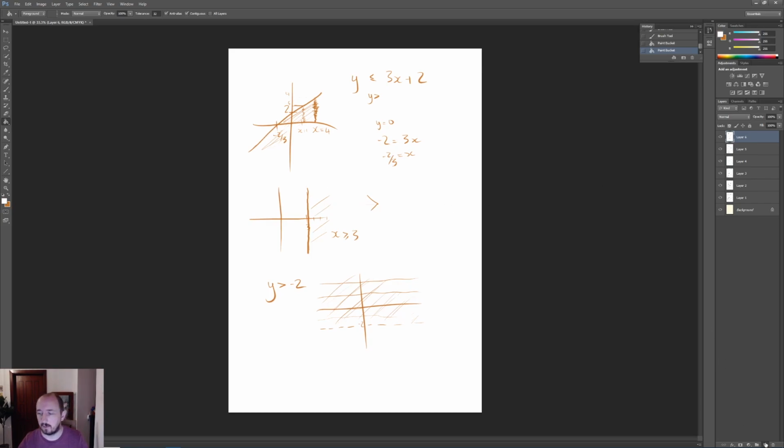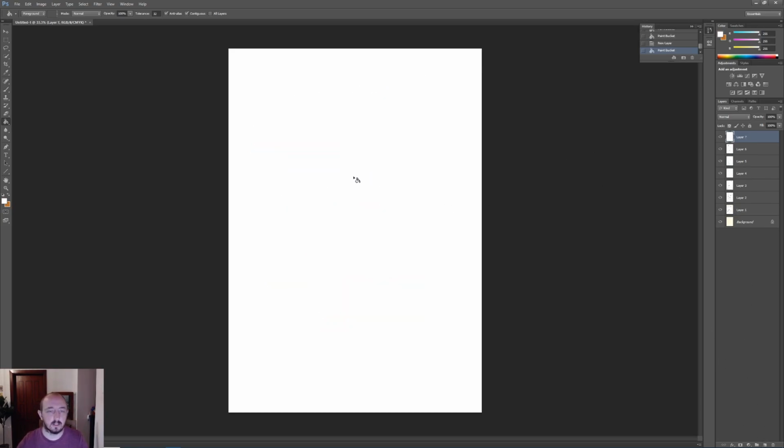No, let's just make another one. So if we put all these together, and we have y is less than or equal to 3x plus 2, y is greater than negative 2, and x is greater than or equal to 3. They're the 3 that we had. So we'll put our line in,